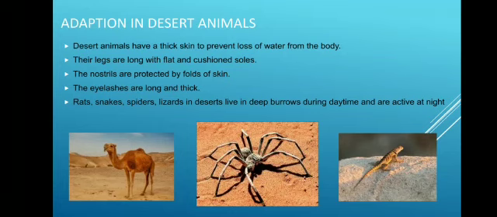For example, rats, snakes, spiders and lizards in the desert live in deep burrows during daytime and are active at night time, because during daytime it is too hot, but during night time in the desert it is cool as compared to the daytime. That is why these animals live in deep burrows during daytime and come out during